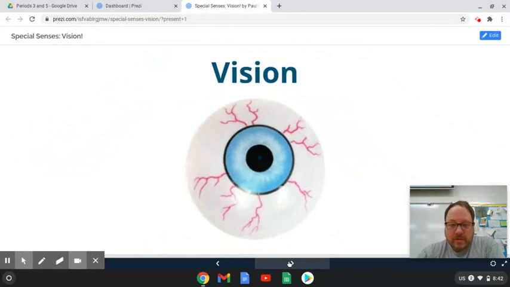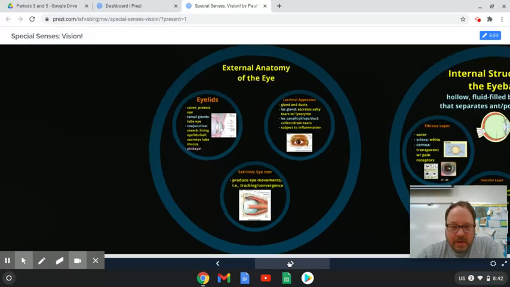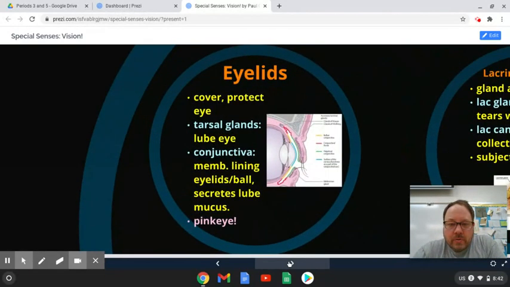All right, so here let's look into the eyeball. Let's begin by looking at anatomy, right? First look at structure and then we look at function. So we start with the eyelids. The eyelids are there to be able to protect your eyes from any sort of damaging objects that may strike it. Additionally, embedded around the eyes are glands, like these tarsal glands, that produce a fluid that helps lubricate the